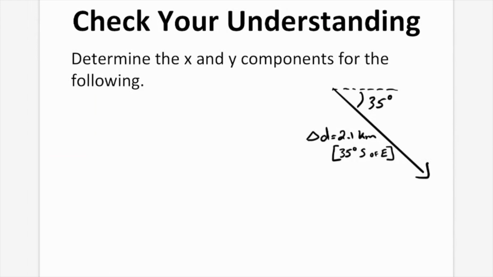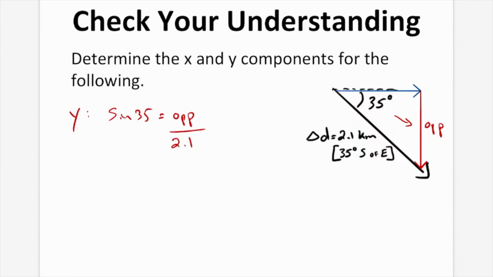So now similarly, we can break down this vector into its components as well. So let's draw our vectors again, and let's break them down. Let's do the y first. So the y, that's going to be the opposite side to the angle, right? That's the opposite side. So again, we're going to use sine 35 equals opposite over the hypotenuse, which is 2.1. Now we're going to rearrange. We're going to solve for the opposite side, which is going to be 2.1 times sine 35, which equals